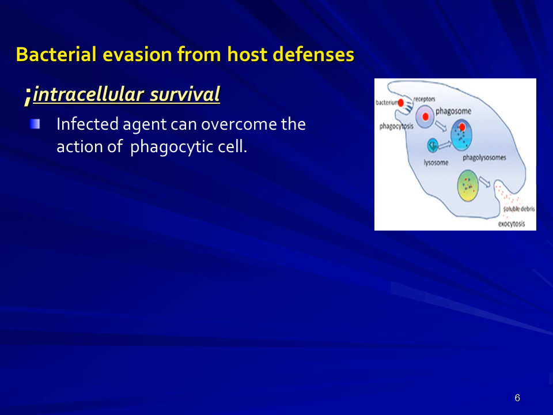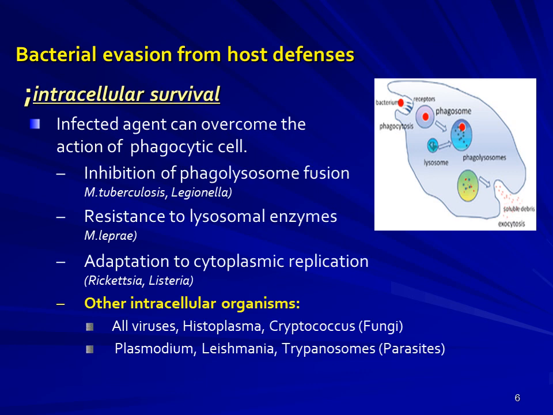And regarding intracellular survival, infected agents can overcome the action of phagocytic cells by different means. In the case of Mycobacterium tuberculosis and Legionella, they inhibit the phagolysosome fusion followed by the entry of the microbial agent or foreign cell into the phagocytic cell. And even though they enter the cell, some bacteria like Mycobacterium leprae are resistant to the lysosomal enzymes produced by the phagocytic lysosomes, and some bacteria will adapt to the cytoplasm of the phagocytic cell, and